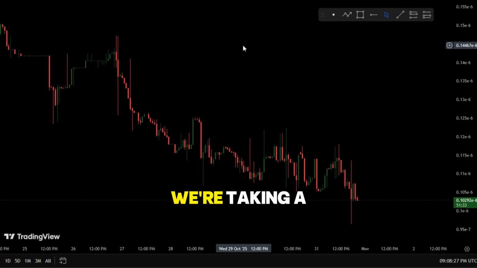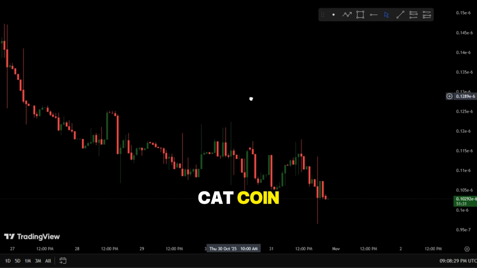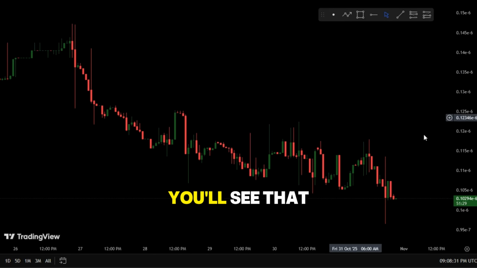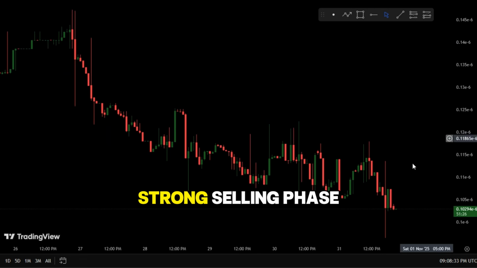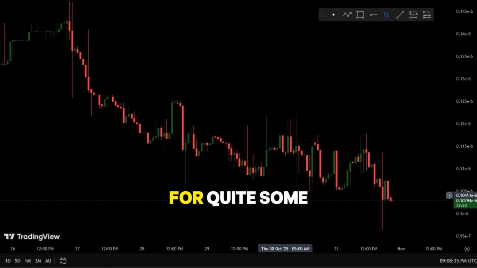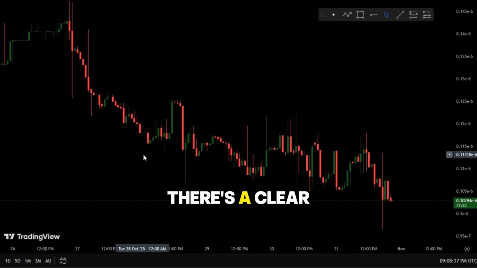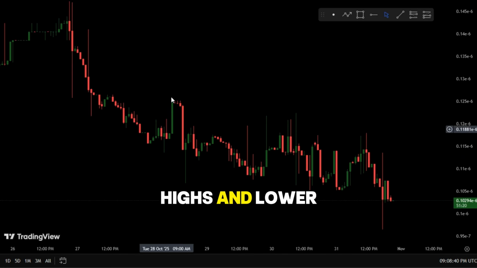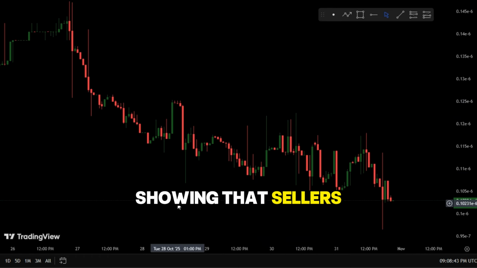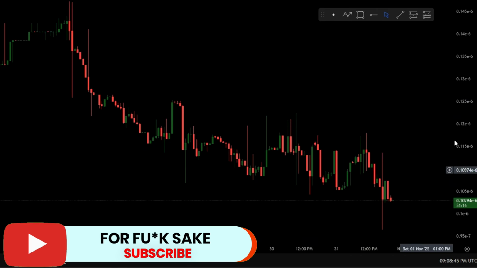So right now we're taking a look at WikiCat Coin, and if you pay close attention, you'll see that the market has been in a strong selling phase for quite some time. There's a clear series of lower highs and lower lows showing that sellers have been fully in control of this